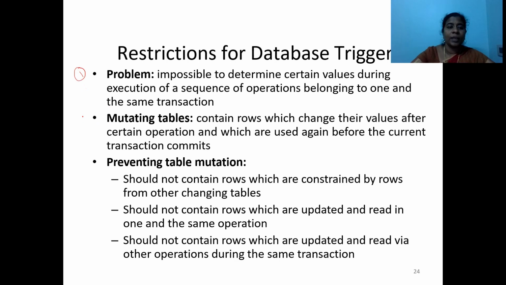And whenever there is a mutating table, that contains rows which change their values after a certain operation and which are used again before the current transaction commences, we call this a mutating table. And preventing table mutation: the table should not contain rows which are constrained by rows from other changing tables, and also should not contain rows which are updated and read in one and the same operation, or rows which are updated and read via other operations during the same transaction. Okay, so